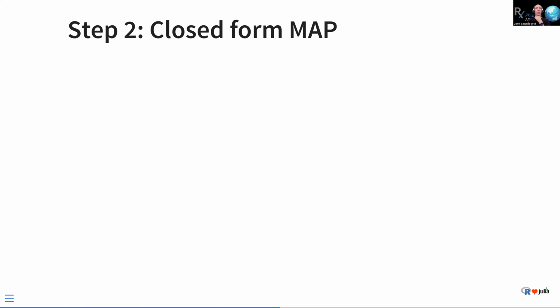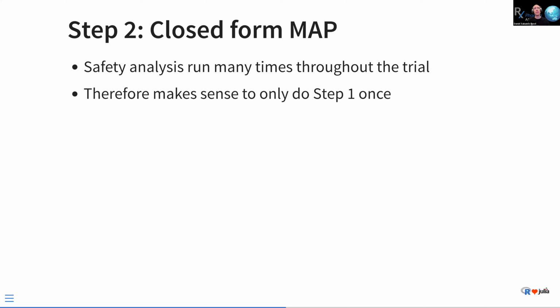But before doing that, we actually want to, let's say, approximate this a little bit. So we just get some samples from this MCMC, but now we want to have a closed form for this prior. So how do we do that? And why do we do that, right? It makes sense to only do step one once,